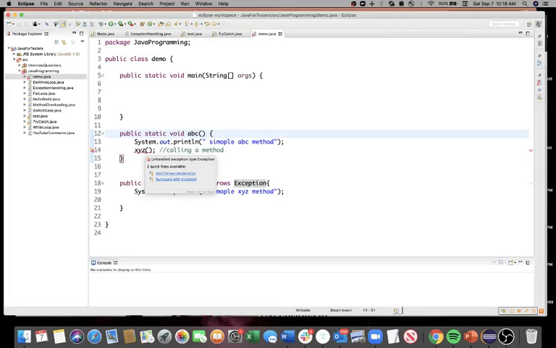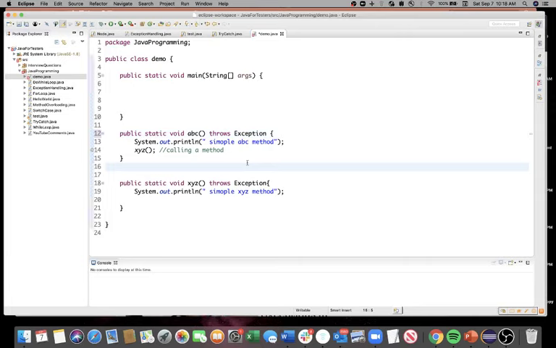So it's giving you two options. What are the two options? It says either you handle the exception by using try catch, or you also throw that exception to someone else who can handle it, right? So let's try to stick with throw. Now just add a throw again. So I'm saying I'm trying to throw an exception. Now if you see